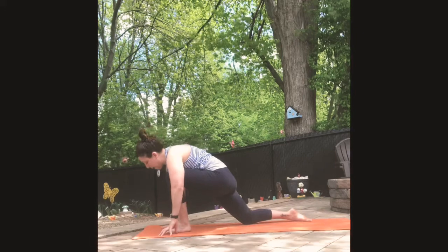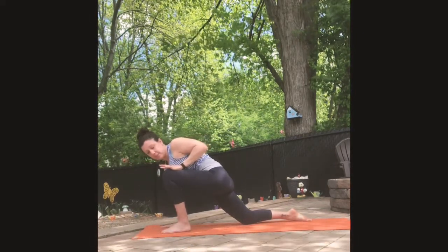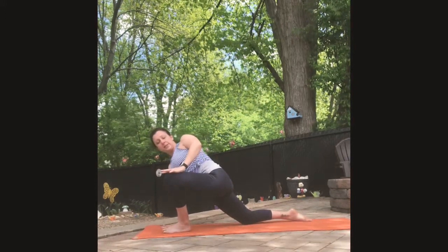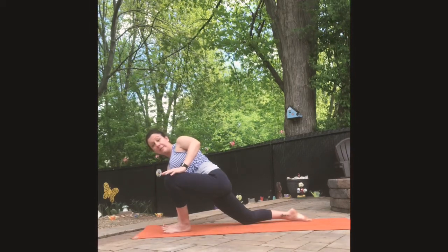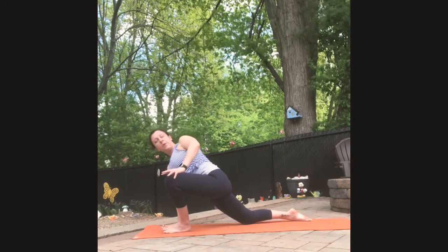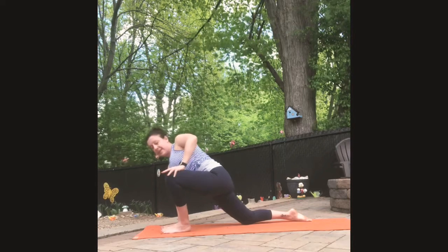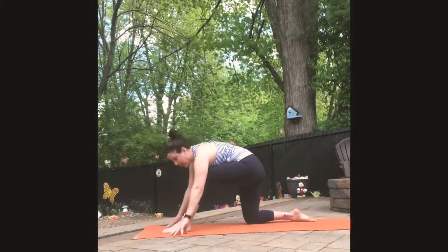Taking the right hand, placing it flat onto the mat. We'll take our left and press into this front knee. And then gently away into some external rotation. We might have to even roll onto the outer edge of that left foot. That's okay. So we're getting a little baby twist here. Take one more moment, open the chest, and then exhale, rolling back down towards our mat. We're going to sit the hips back,